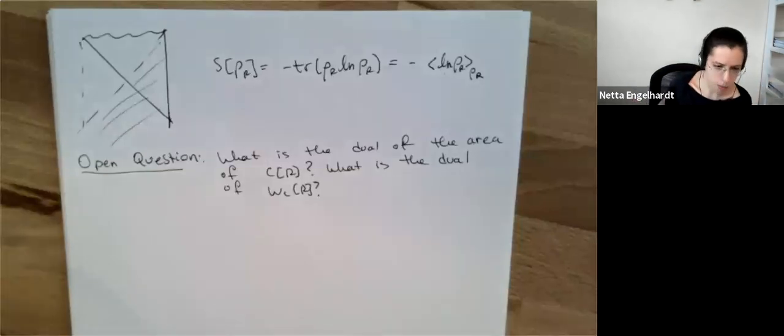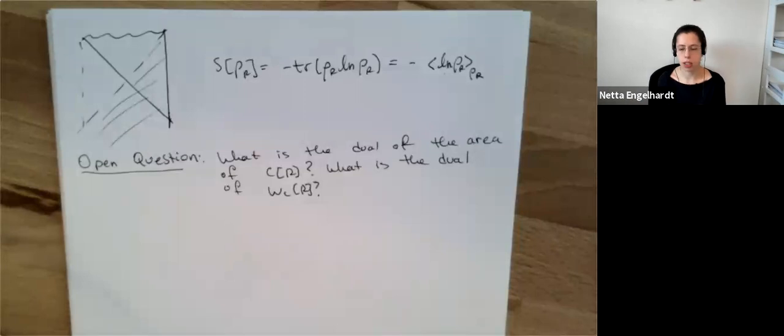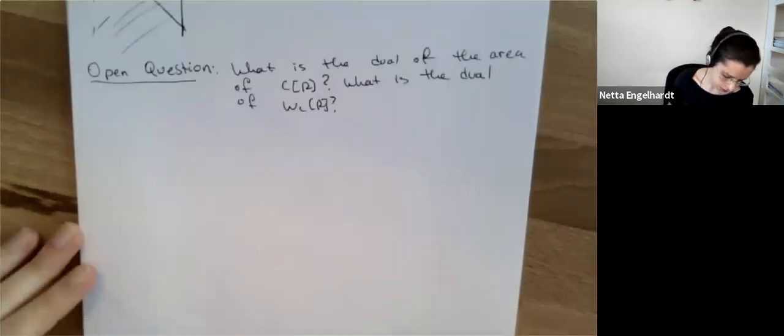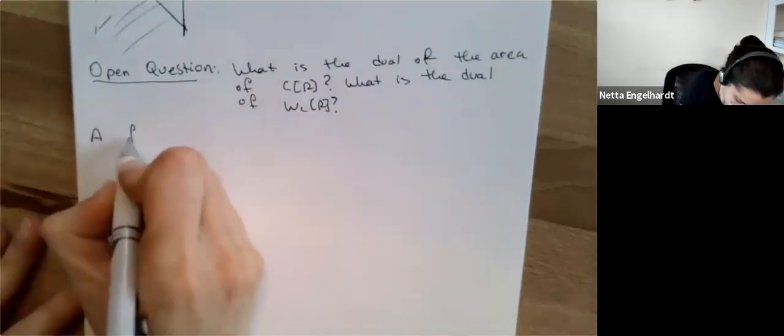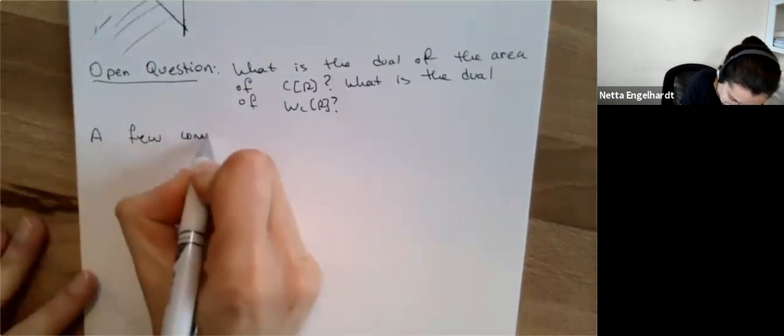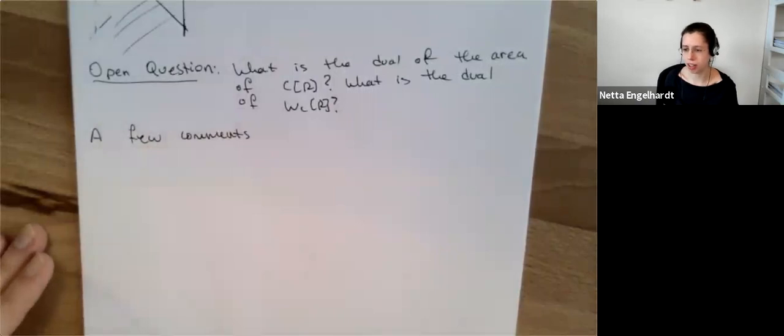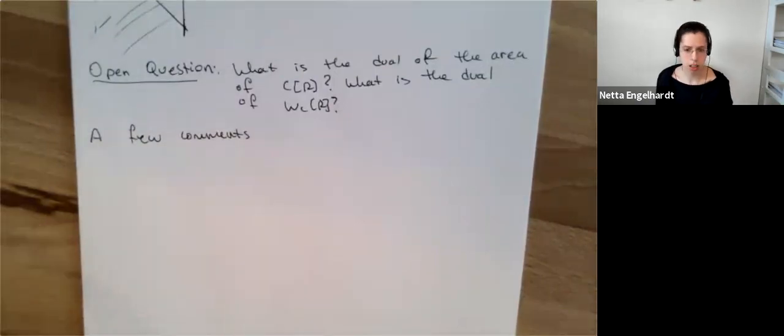So I wanted to say a few words about the von Neumann entropy, since as you probably know, it's going to be critical to the story. Now, I'm not going to encroach too much on Horacio's territory here, but I do want to say a couple of things that will be important for us. Clearly the von Neumann entropy was something that we used to argue that the causal wedge is not the dual of D of R. So I want to say a few words about how it's going to help us figure out what the actual dual is.